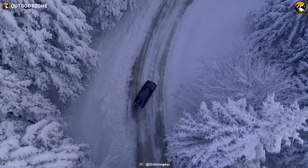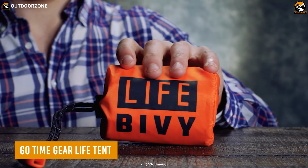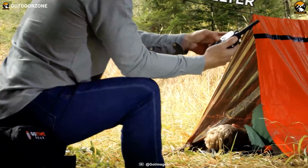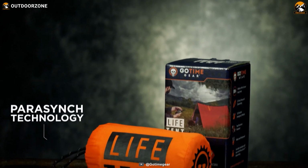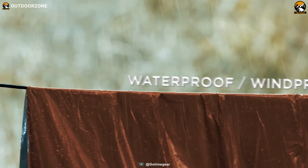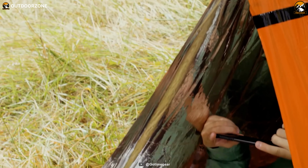When it comes to harsh weather conditions and emergency situations, the Go Time Gear Life Tent is your reliable companion for survival. This two-person emergency shelter is designed to protect you from the elements and keep you alive in challenging circumstances. Constructed with extra thick, tear-resistant and puncture-resistant material, the Life Tent ensures durability and longevity. It effectively locks out rain, wind, and snow, providing a waterproof and windproof barrier to shield you from the harshest